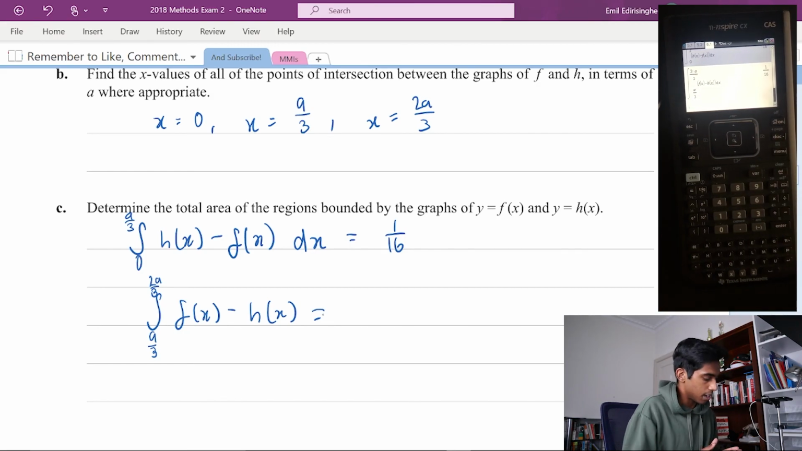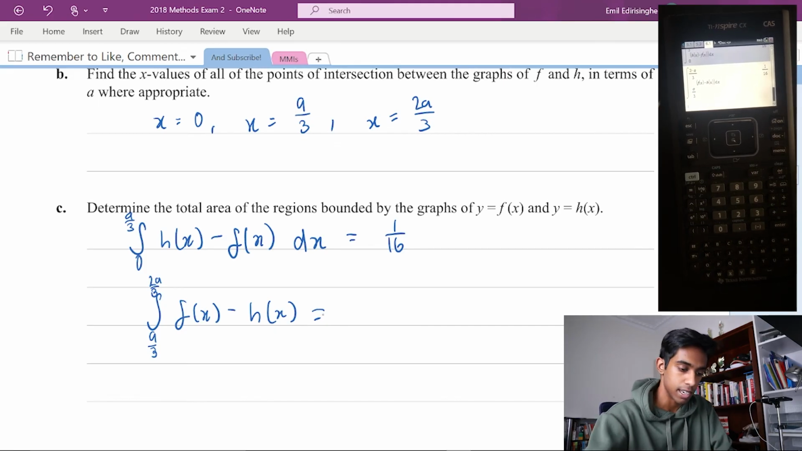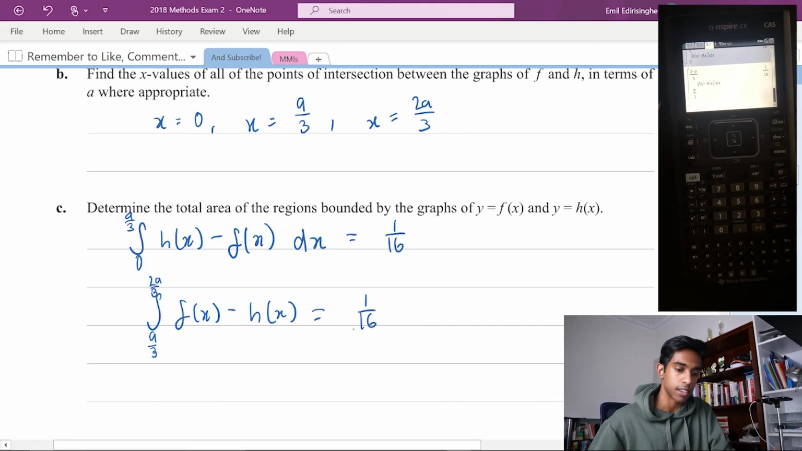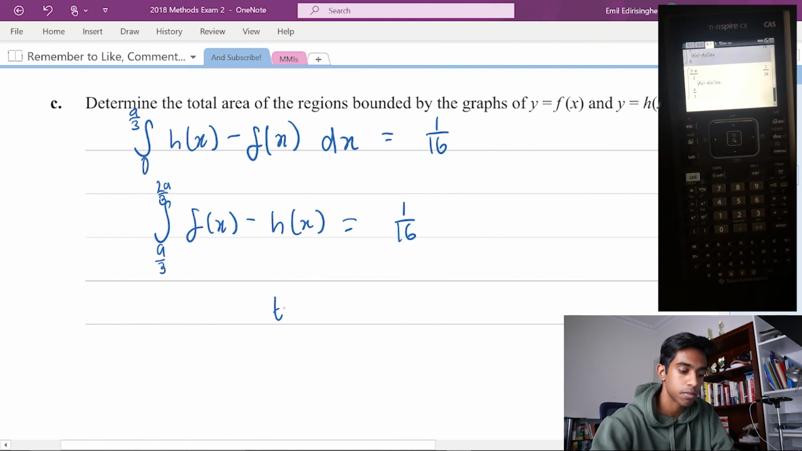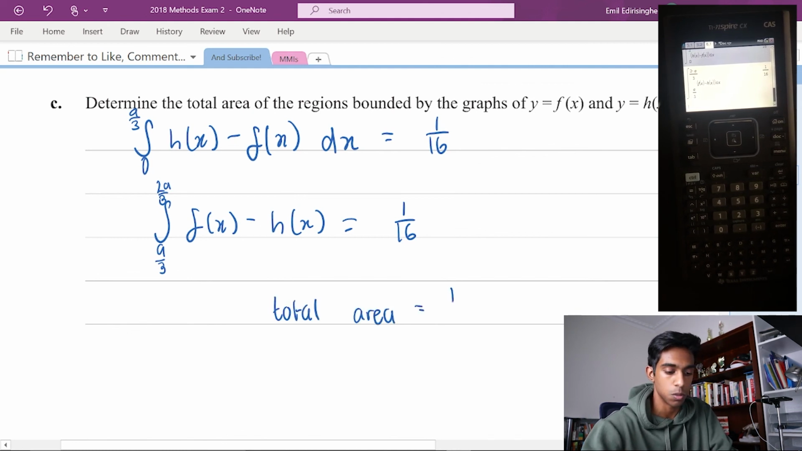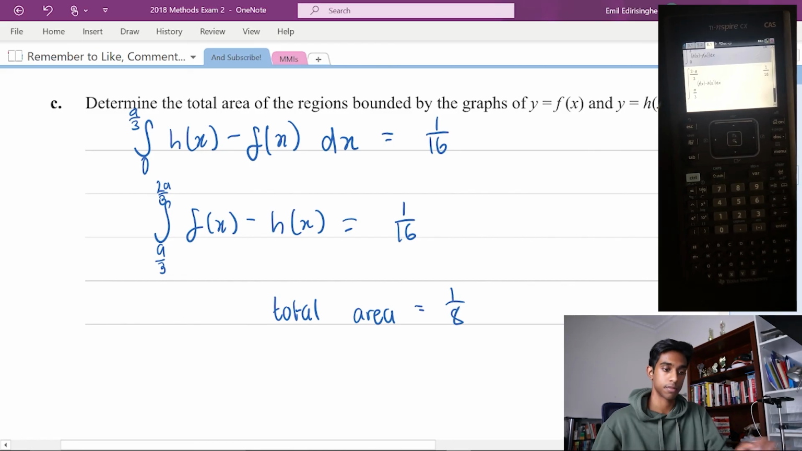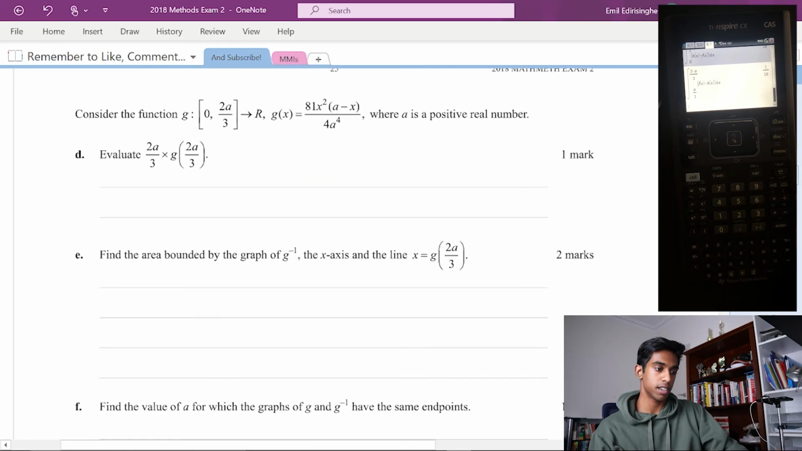And that gives us 1 on 16 again. That gives us a total area equal to 1 on 8. Okay, so now we move on to the next part. We've got